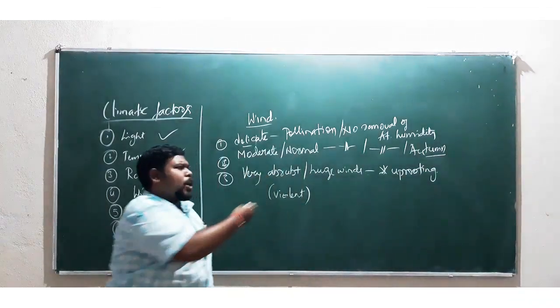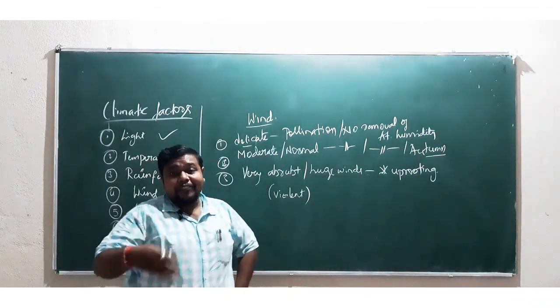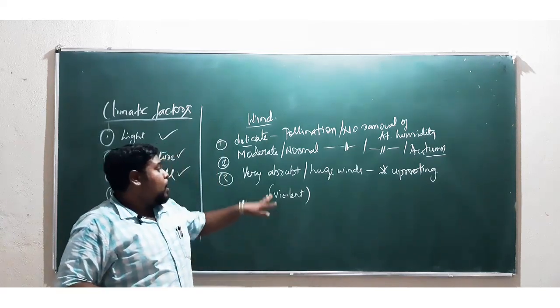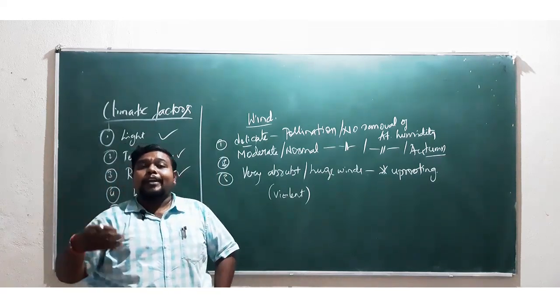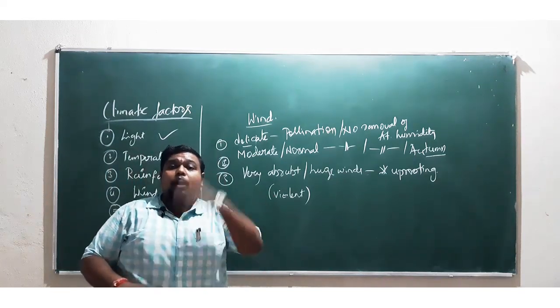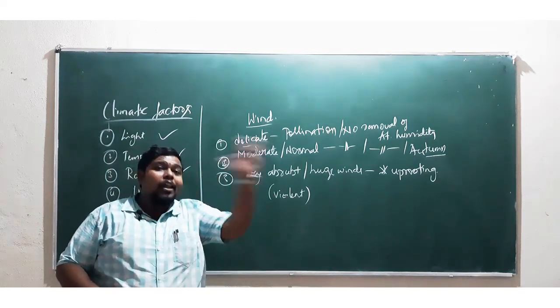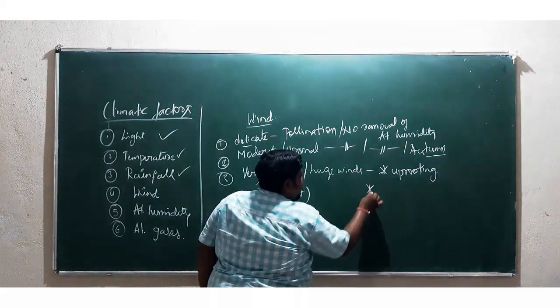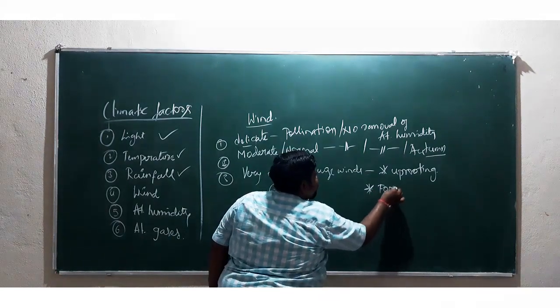So we are coming across this thing in a very random way in recent days. We have seen trees uprooted easily because of violent winds. Due to heavy rain or heavy wind, the trees will be uprooted. They will pluck out of the area and uproot themselves. This is one of the factors here. And the second one is forest fire.